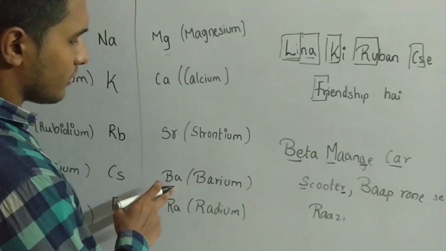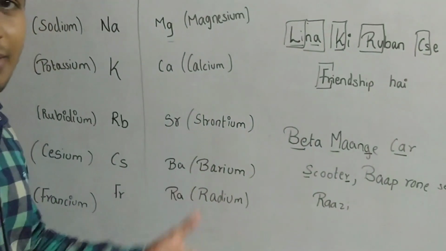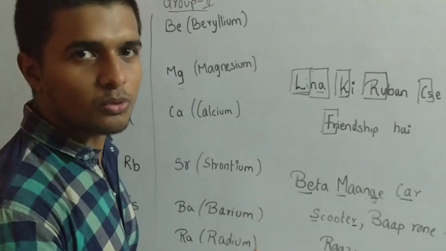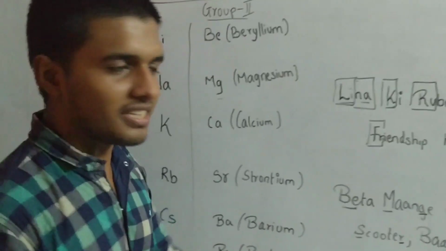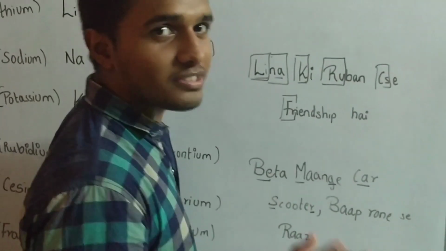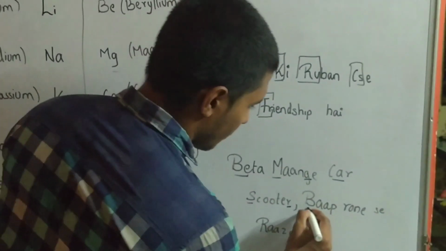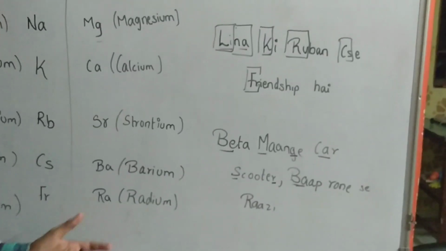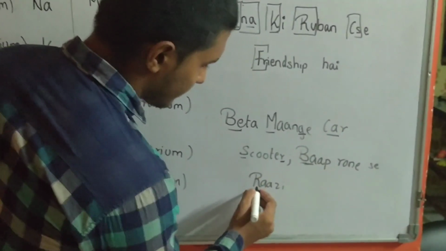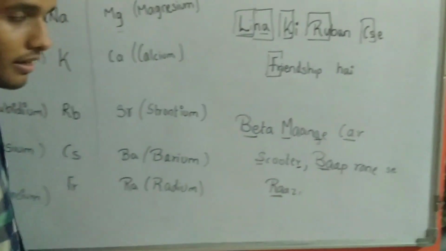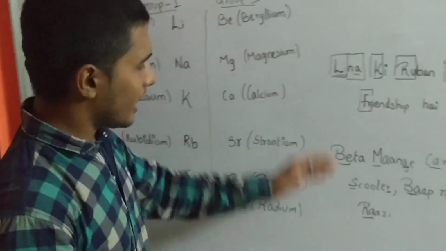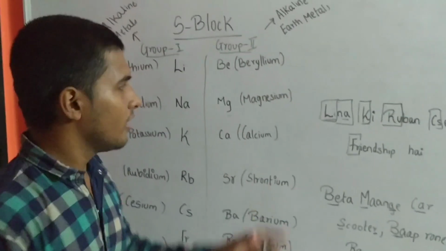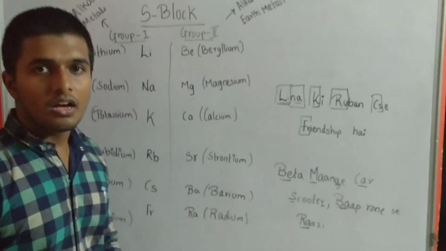Next, barium. For this, there is a harsh sound in barium itself. So I have given a good resemblance as father, because the father is the most harsh element in our house. I am saying, in our house, some fathers are strict and some are normal. So barium, the first two letters of the word, and next is radium. Last but not the least, radium. It's the last word, Razi, R. So these two lines have been given as, I think, the easiest way to memorize these elements. You will like it.